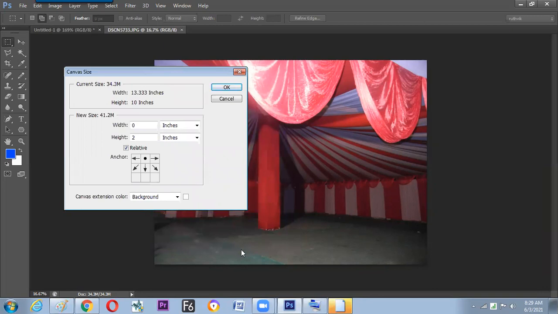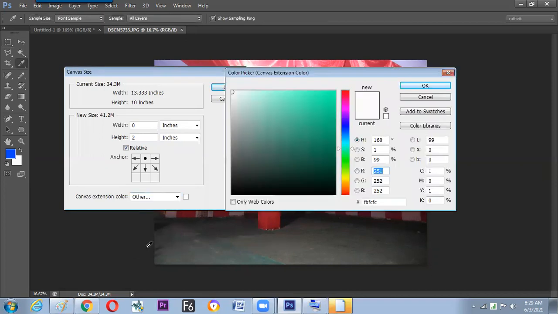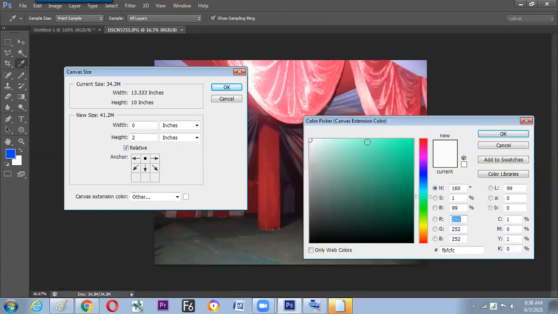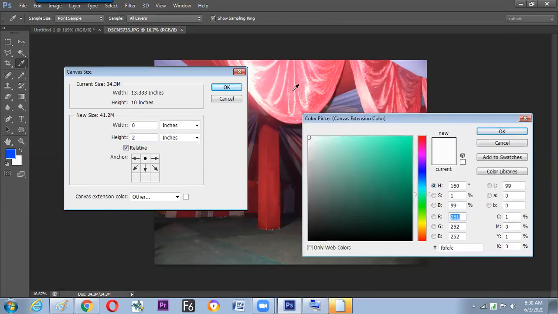If it is going to develop, then which color will come up? That will be decided by the background color. Here, canvas extension color, background color, it is written here. And if we need some other color, then we can choose other color. And yes, we can have our own color, or else we can pick the color from the screen also. The time we are using picker and we are moving the cursor over to the canvas, we can pick the color whatever it is there on the screen also.